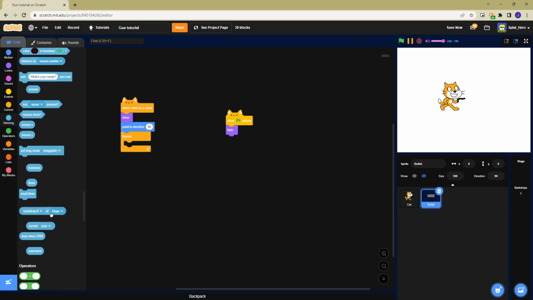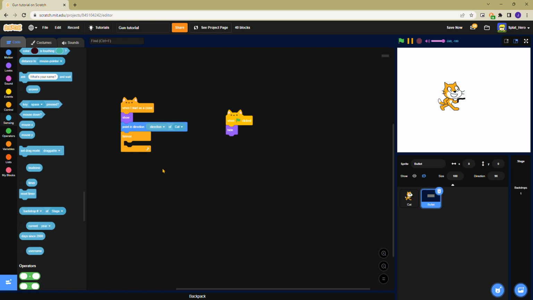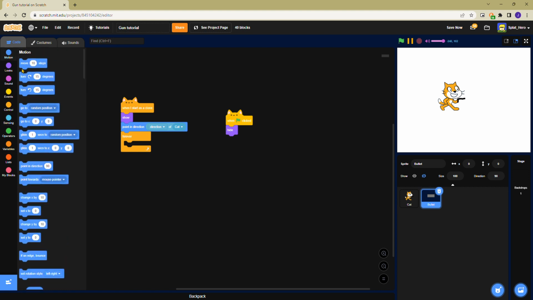Then this nice block here. Backdrop number of stage, change this to cat, and change this to direction. And then forever, move 10 steps. So now, if we hold down space,